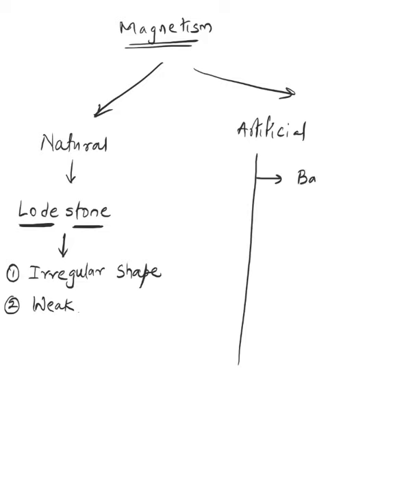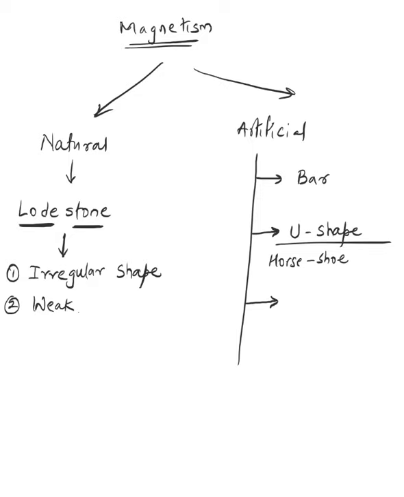We are only discussing a few artificial magnets here in your portion. One of them, the most common, is a bar magnet. You must have seen it in your labs in school. Then there is another magnet called a U-shaped magnet, or rather, a horseshoe magnet. Why is it called a horseshoe magnet? Because the shape of the horseshoe is a U, not the shape of a horse. Some people write in exams that it is a horseshoe magnet because the magnet is in the shape of a horse.